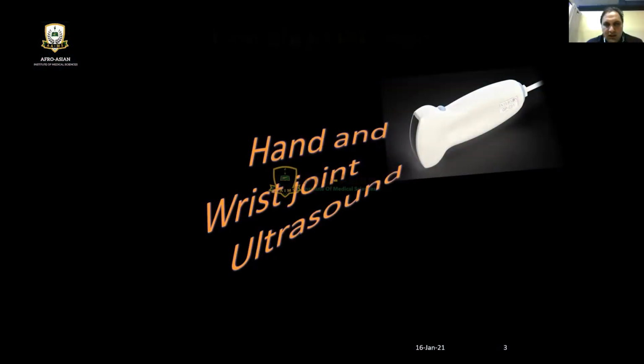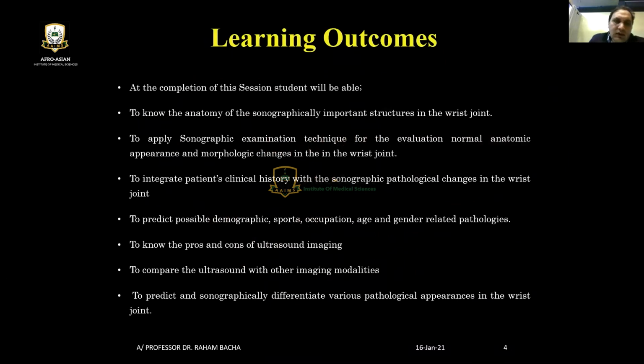Wrist joint. For this purpose, some of the learning objectives are: the student will be able to know the anatomy of the sonographically important structures in the wrist joint, to apply sonographic examination technique for the evaluation of normal anatomic appearance and morphologic changes in the wrist joint, to integrate patient clinical history with the sonographic pathological changes in the wrist joint, to predict possible demographic, sports, occupation, age, gender related pathologies,